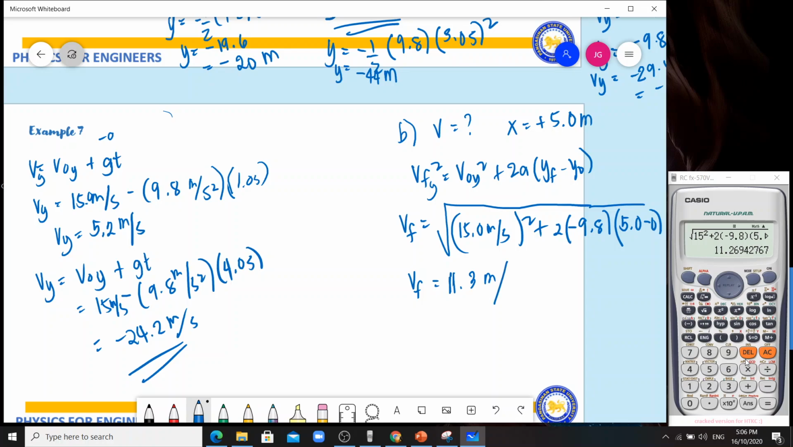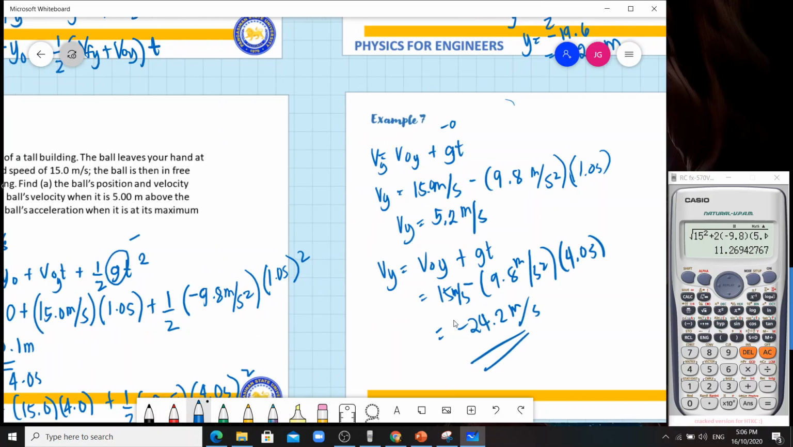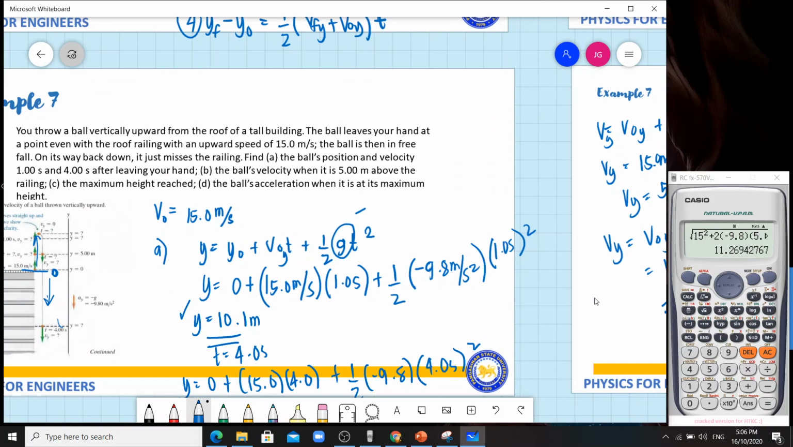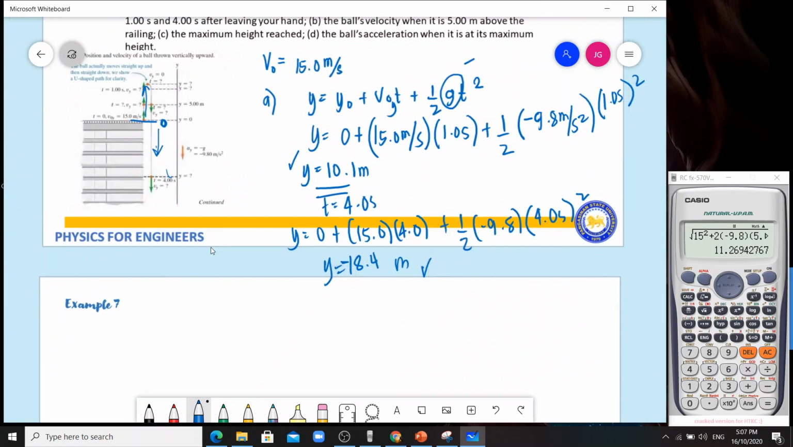11.3 meters per second ang velocity niya kapag 5 meters above siya ng railing. Okay, so yan na yon. Next is letter C, the maximum height. Okay, the maximum height reached is